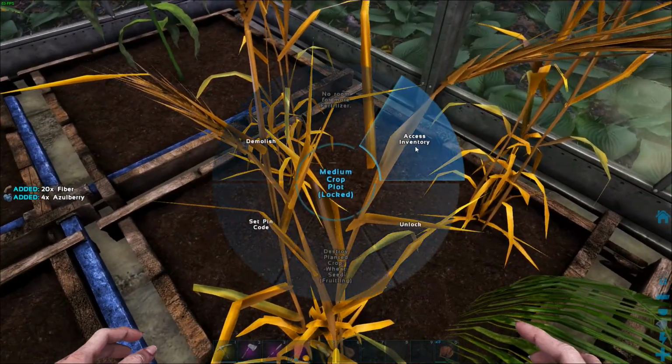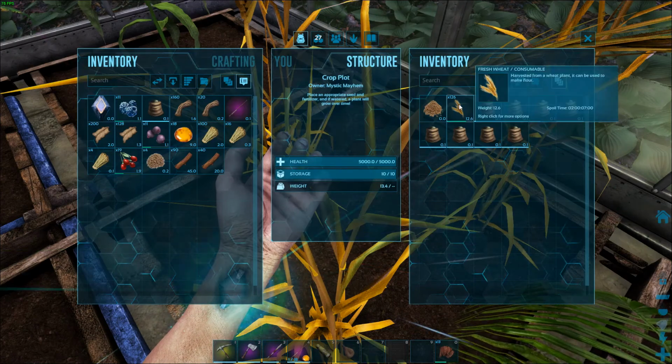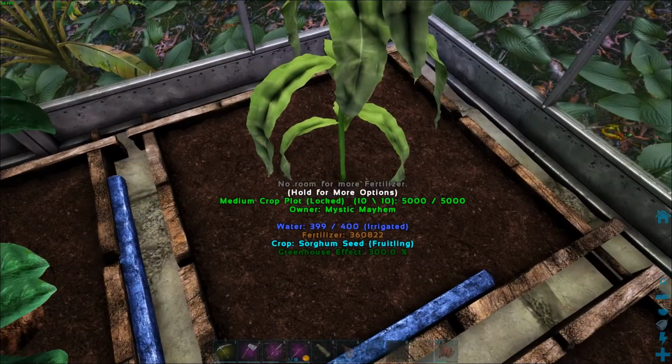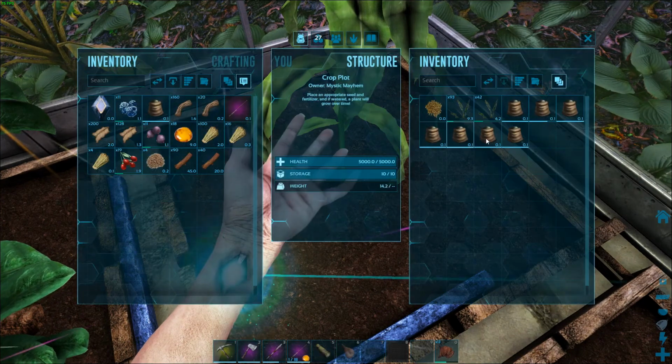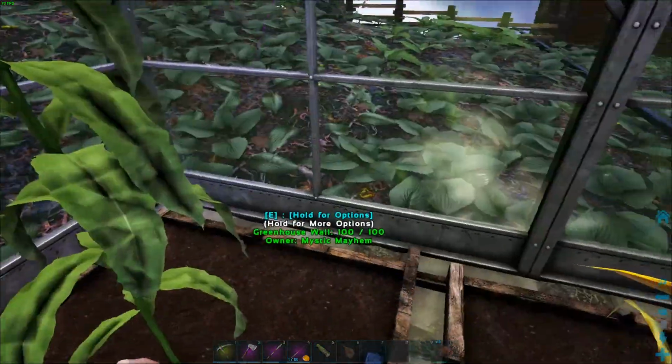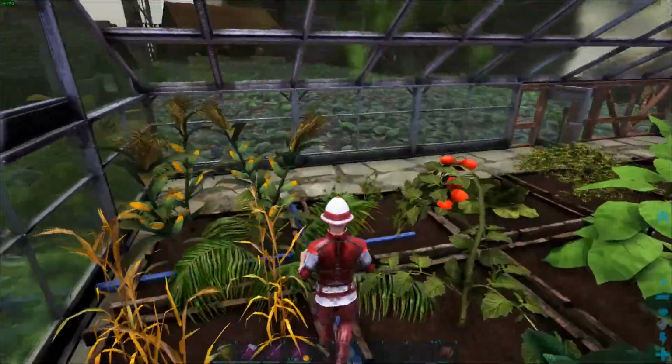Oh, I'm picking it for some reason. We have wheat, and you can grind that. You can make bread and all kinds of different doughs. Cookie dough and cake dough. And then the sorghum. So anyway, those are all the plants that you're able to plant in